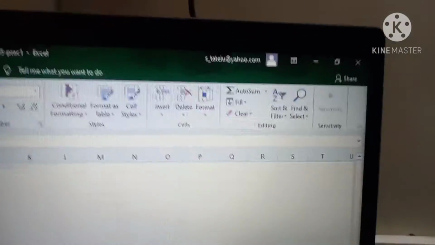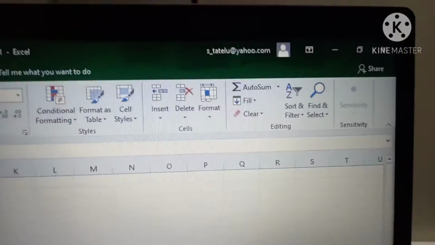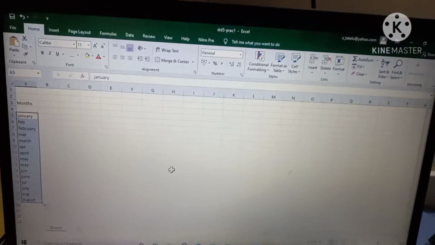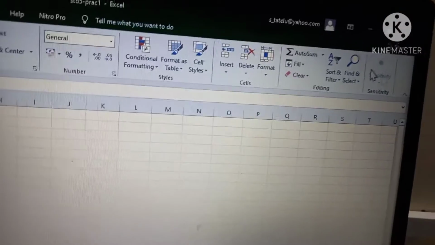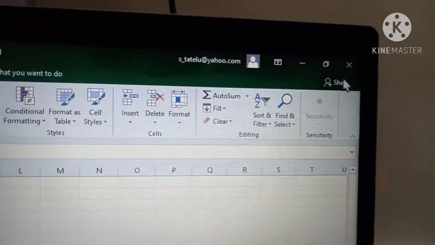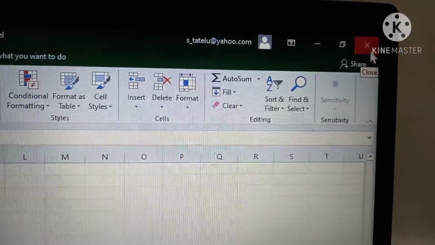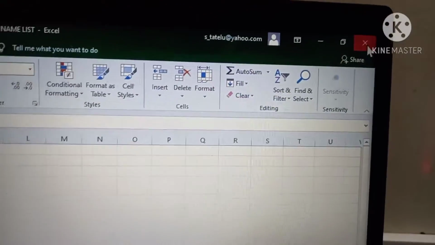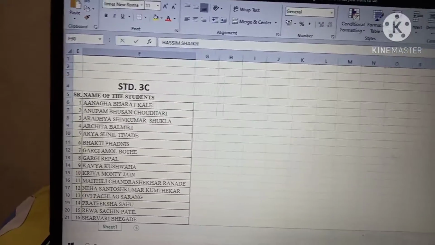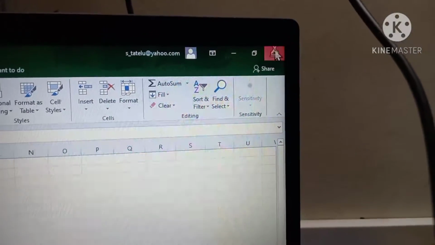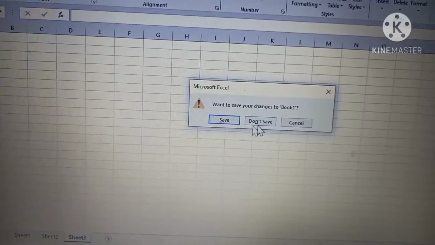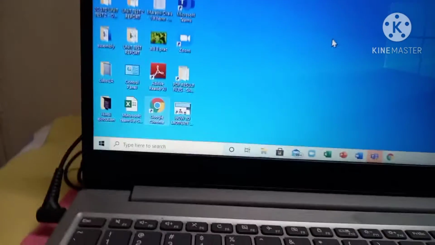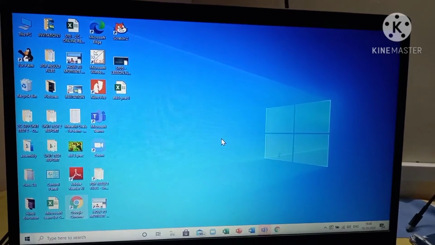Now let us learn how to close a workbook. You see this is the environment. Now all of you observe at the right side of the monitor, you have a small X sign, right? Now if you click on this X, my file will be closed. Now this is another file. Okay, I will close this also. Click on this X. Here one more file was there, don't save, right? So my Excel file is closed. I hope you have all understood till here. I will be back in the next video.